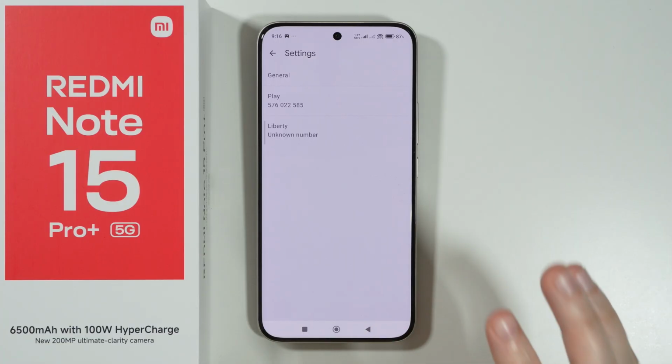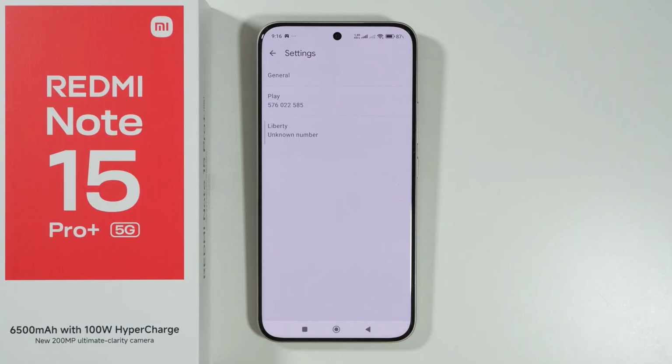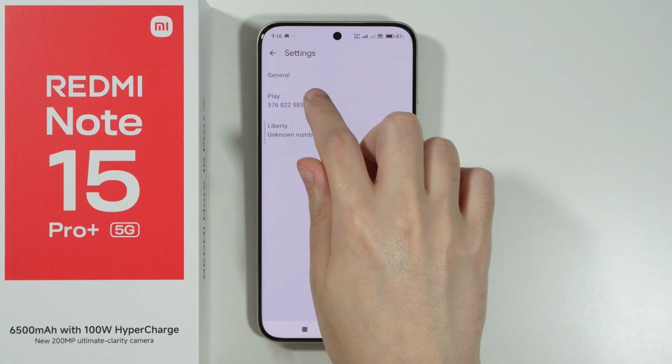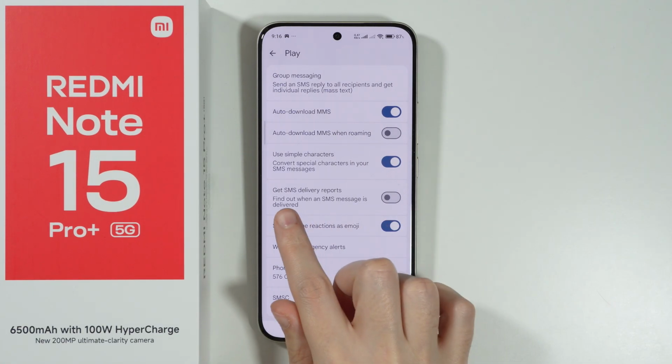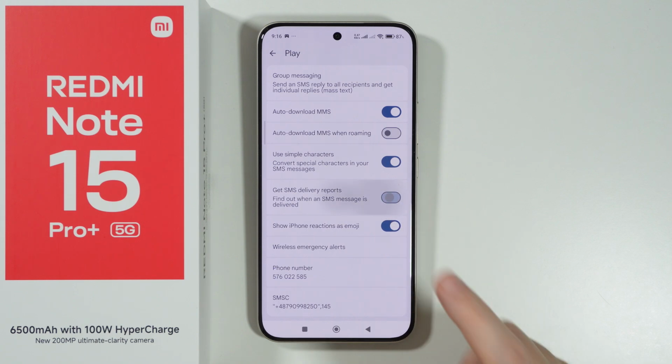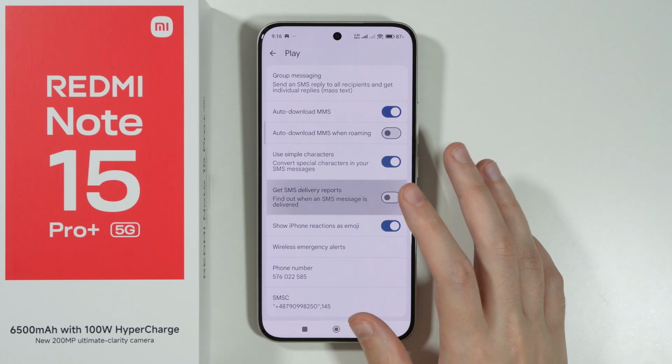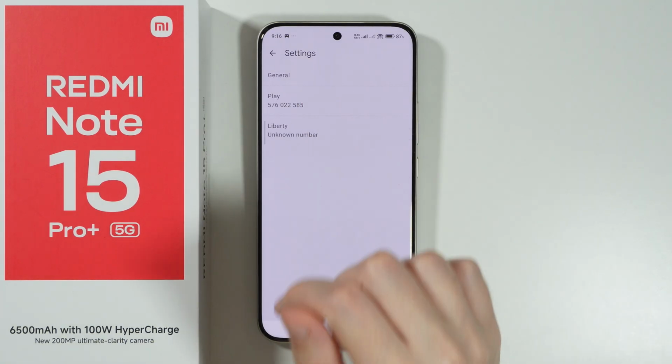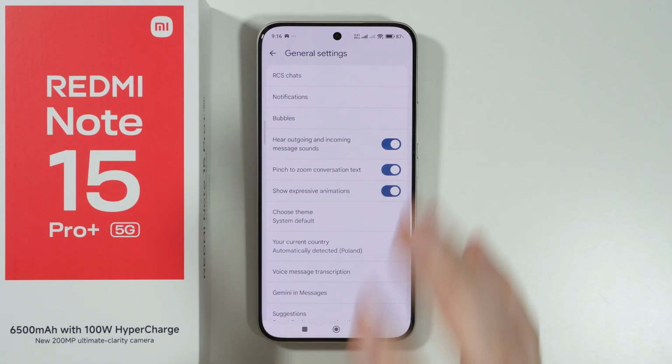Now in here, what you can do is if you have two SIM cards, then you need to choose the SIM for which you want to toggle that option. So we can select, let's say, go over here, and then we have get SMS delivery reports, which we can enable or disable. And on the other hand, if you have just one SIM, then most likely you have these